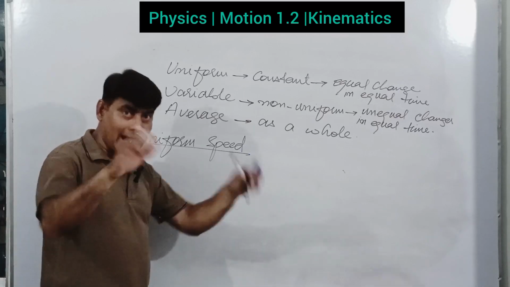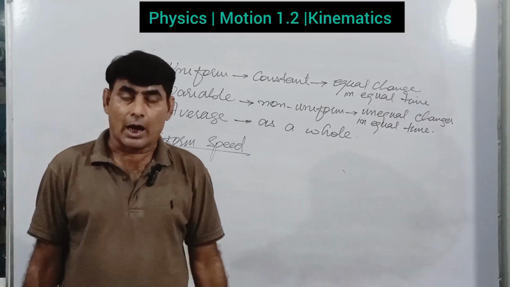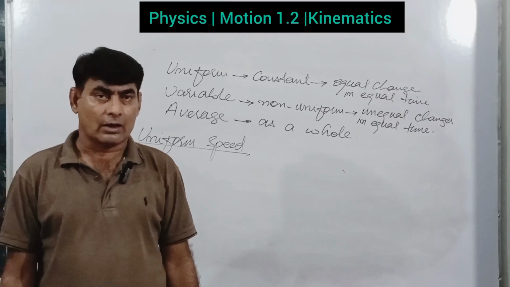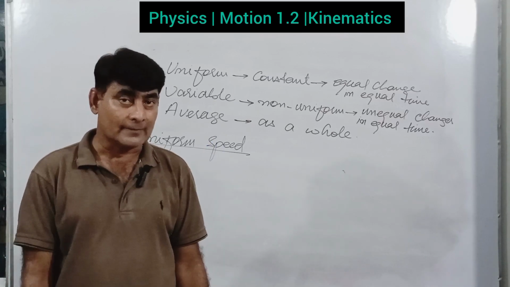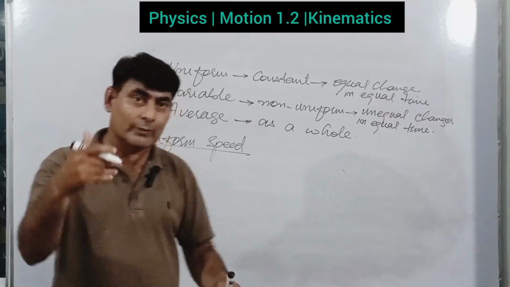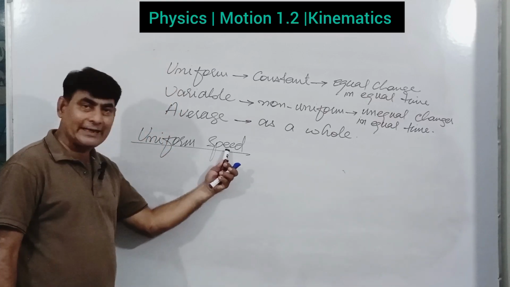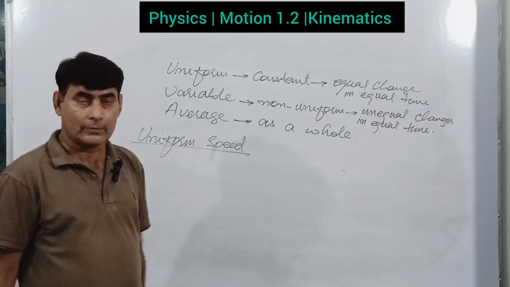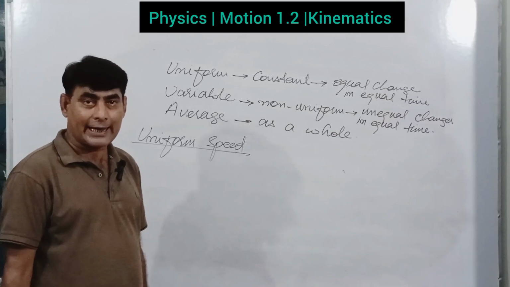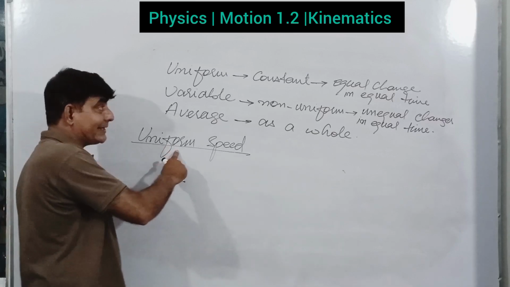Now we have a clear concept. Change in position in any direction is distance. So we can use the words speed, distance covered in a unit time. This is speed. So uniform means